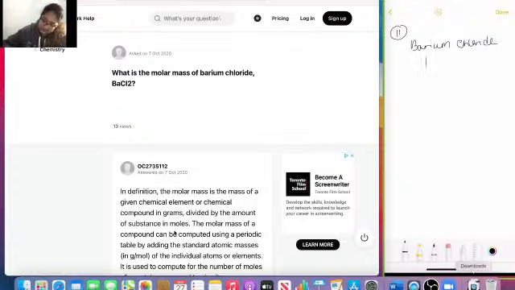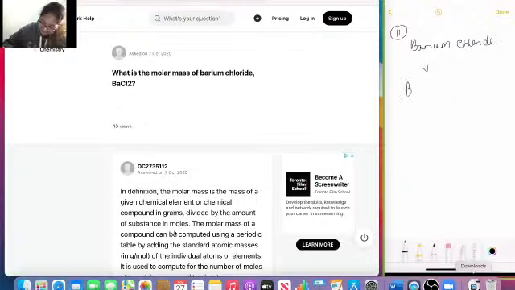And so barium, how you write it scientifically, in short form,